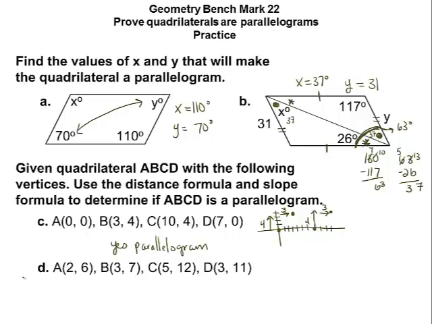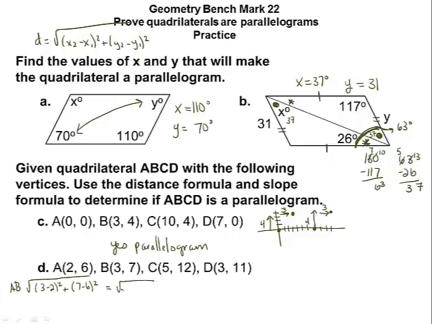Okay, for D, I'm going to do the algebra. So first I'm going to find the distance between A and B. So I'll have 3 minus 2 squared plus 7 minus 6 squared. I'm going to write up here again the distance formula. So that gives me the square root of 1 squared plus 1 squared, which is the square root of 2. And then,